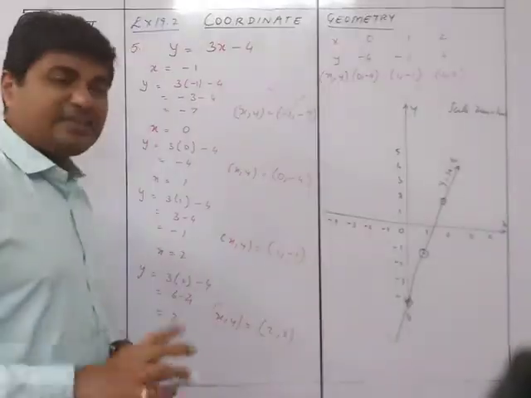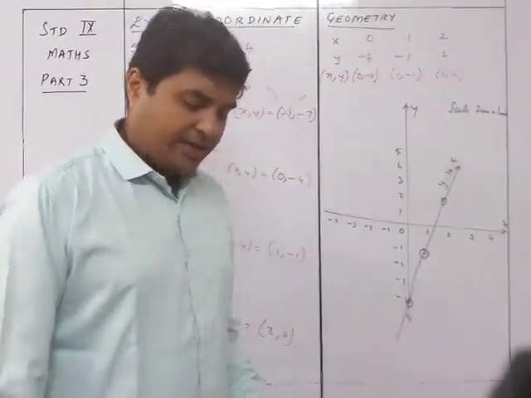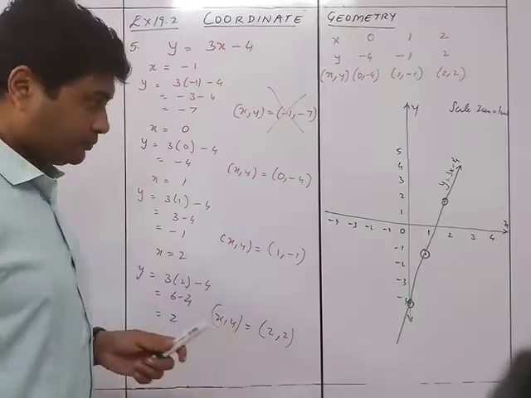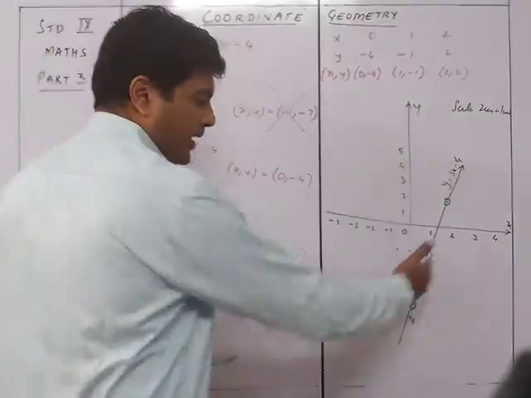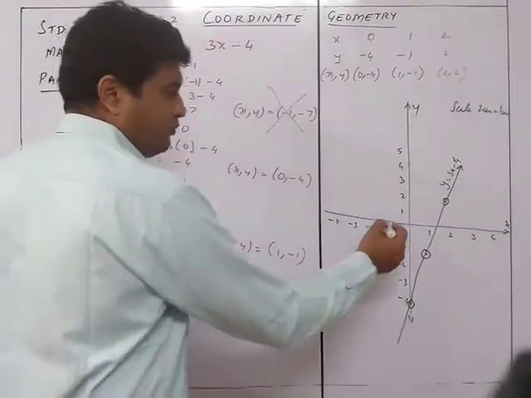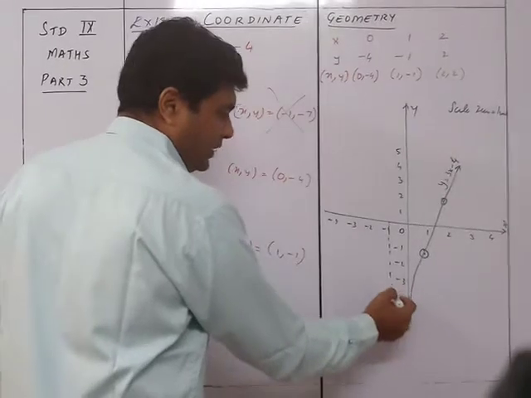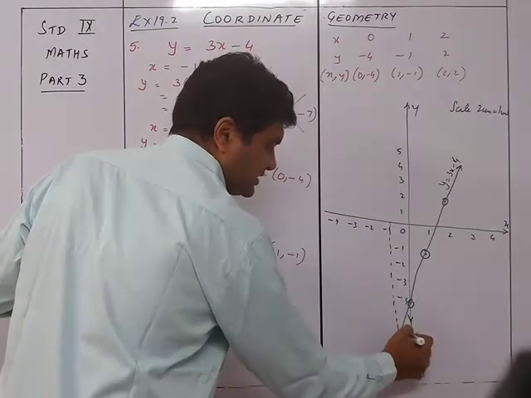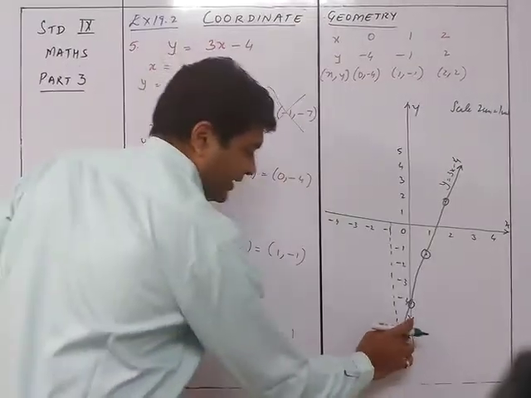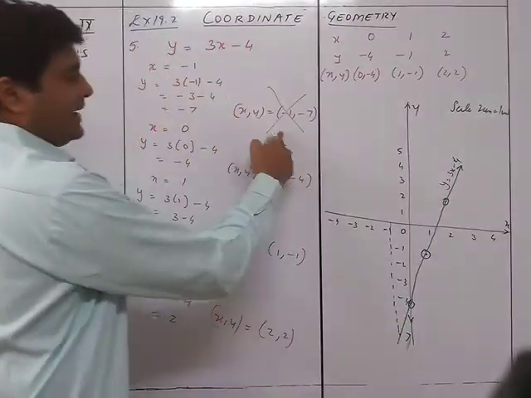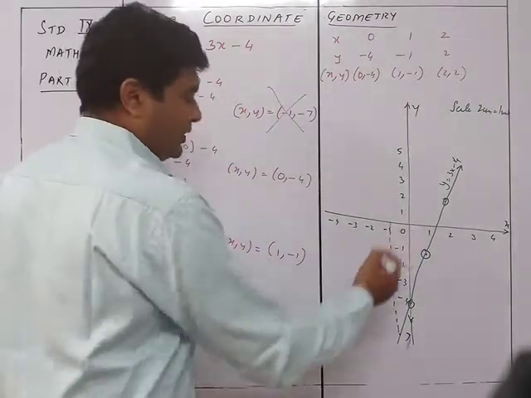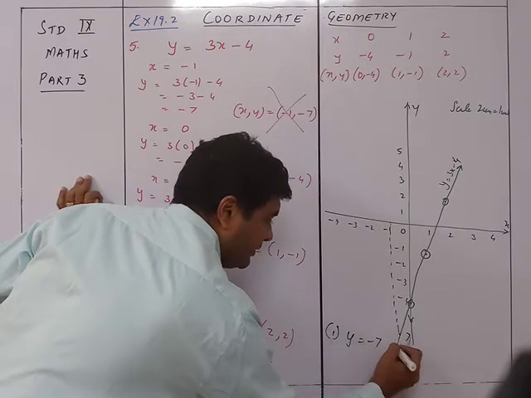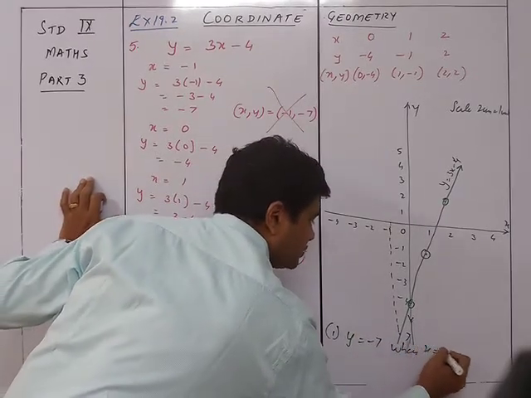Now the next thing is that you can see in the question the value of y when x is equals to minus 1. So what we'll do is that we have to extend this line, and then mark minus 1 over here, and we'll find out where it is exactly intersecting. The intersecting point you will find will be at minus 6. Minus 7 in fact. It will be at minus 7 because we already took that earlier. So we know the answer for the first one will be y is equals to minus 7 when x is equals to minus 1.